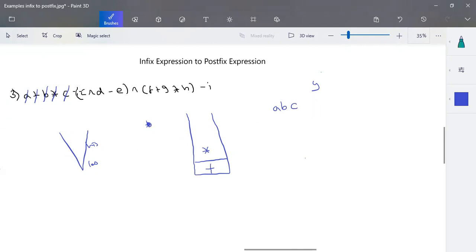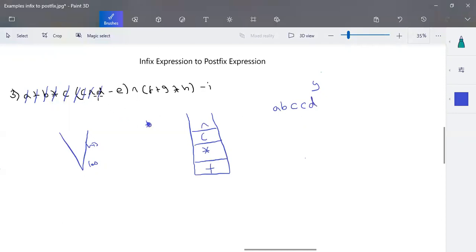And next one is an open parenthesis. Open parenthesis is added to the top of the stack. And next element is C. C is again an operator, sorry, operand, added to the postfix expression. And next element to be scanned is the power operator. So power, you can place any operator on the top of an open parenthesis. And next element is D. D is an operand. Place it over here.